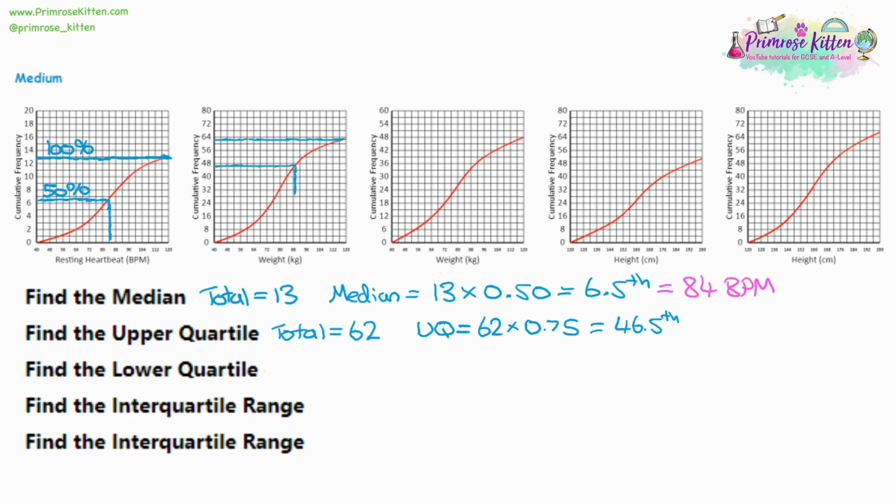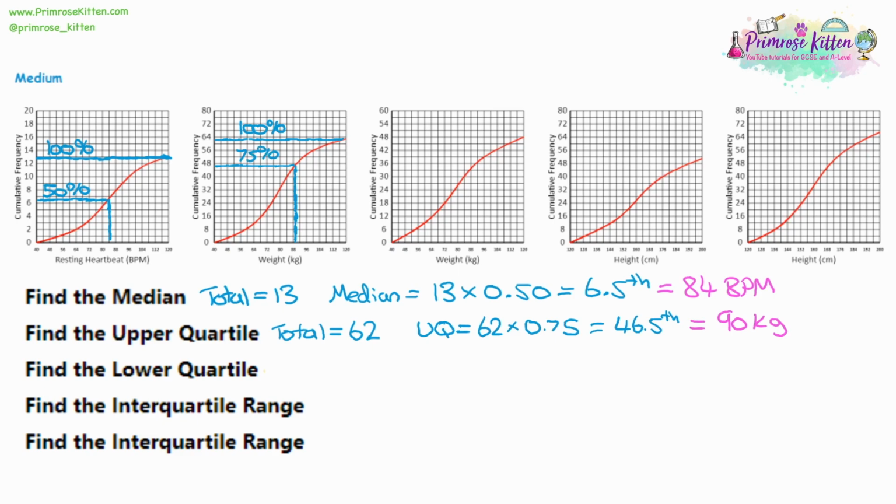Once you hit the red line, start going down. And this looks to be a little bit above 88. So I think about 90 is probably going to be a good estimate. Let's look at the units, 90 weight. This is weights against cumulative frequency, so it'll be 90 kilograms. You can look at the graph, the line at the top, when I went for the total, 100% of the data has been looked at by the time you get to that. Whereas with the upper quartile, you've looked at 75% of the data.